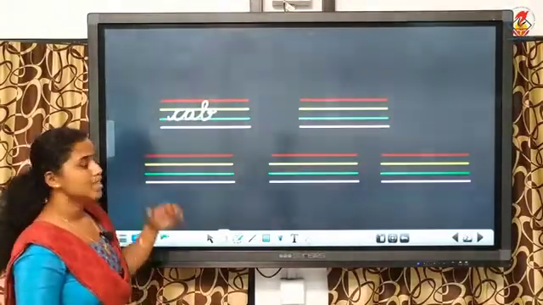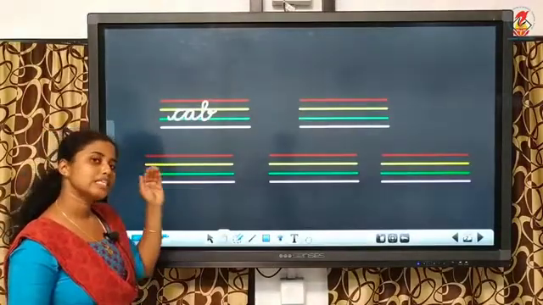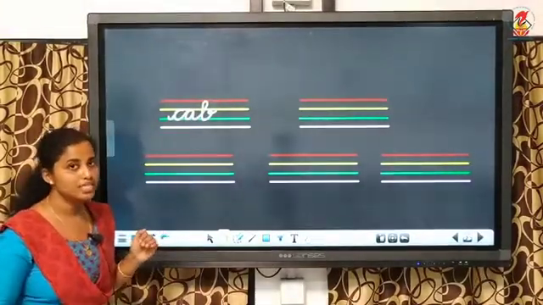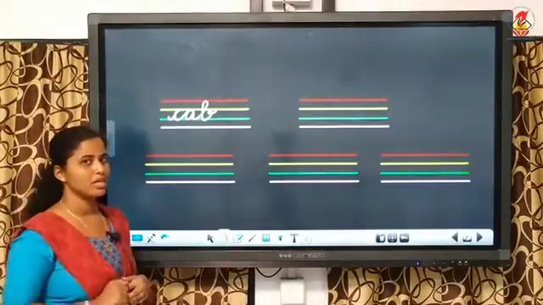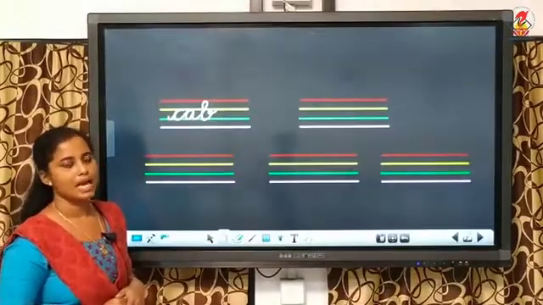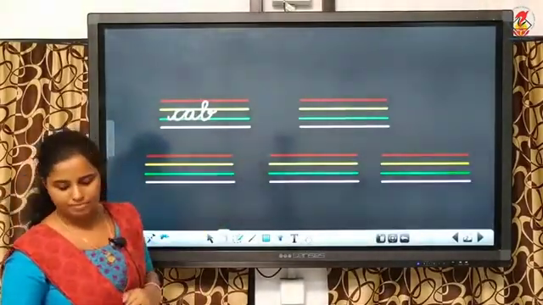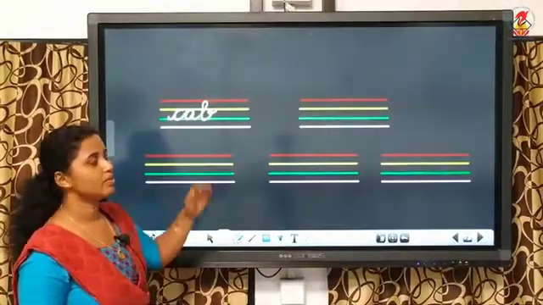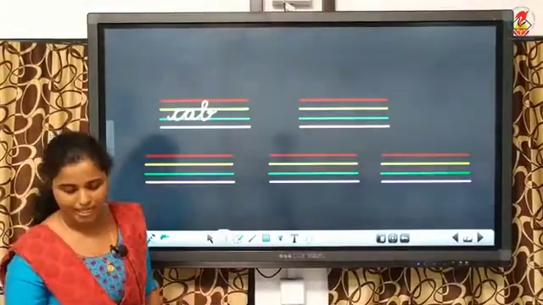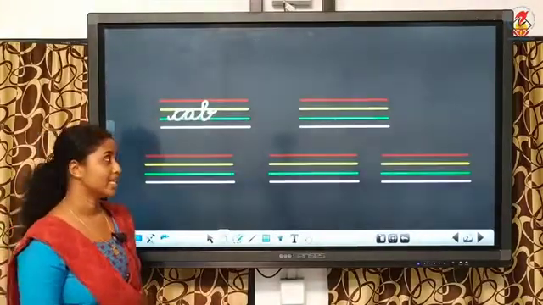So likewise you have 3 more sets of 4 lines and there will be 3 more words with the vowel sound A in your help box. You have to pick them and write them down under the same heading. Okay. Likewise, I will move on to the next one, that is, you have to find a word with E. So what was the first word in the help box given there?